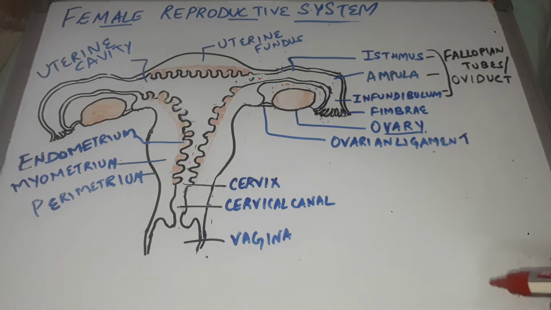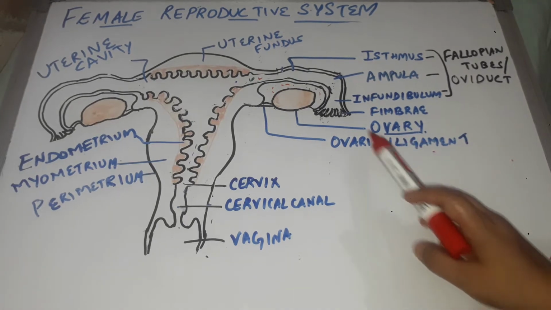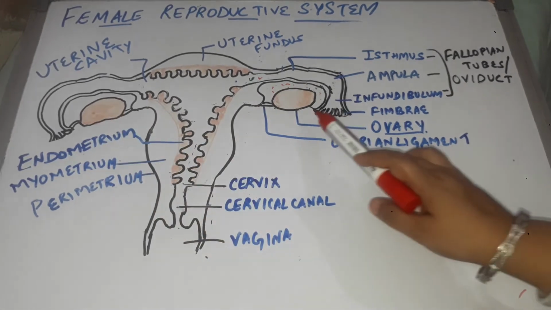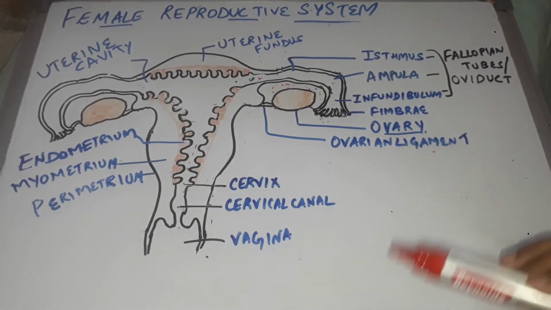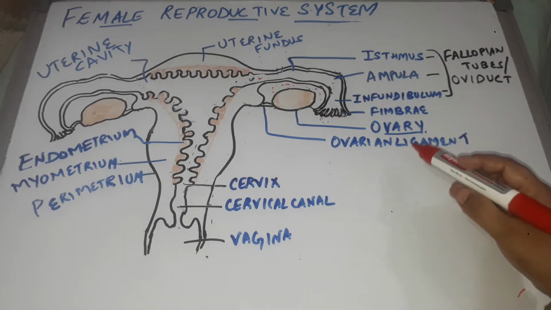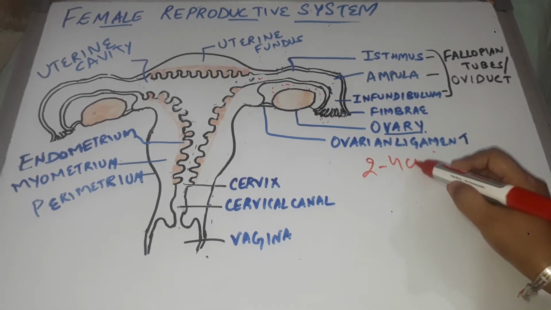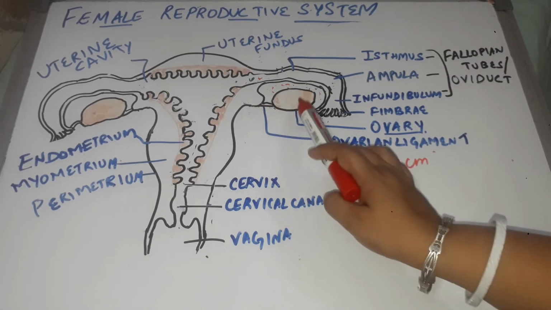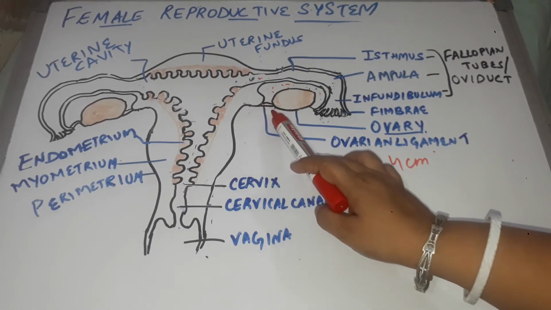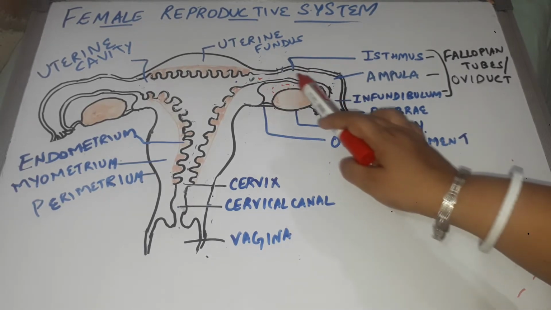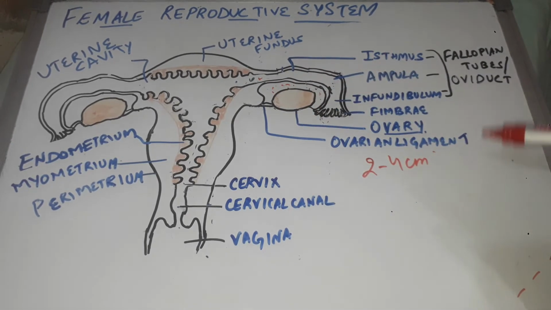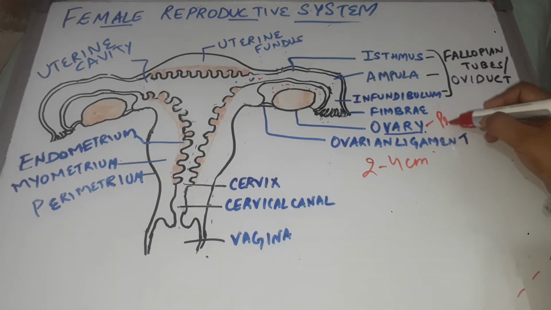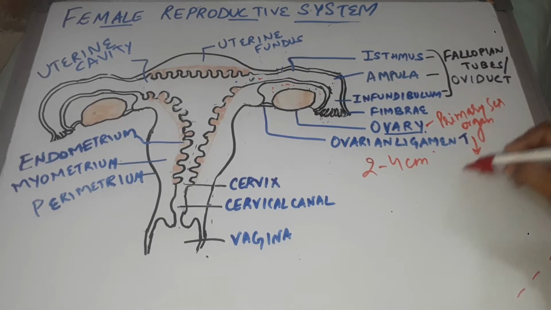Now we will talk about ovaries. Ovaries are paired structures. Here you can see two ovaries which are located in the pelvic region of the females. Each ovary is about 2 to 4 centimeter long, and it appears like an unshelled almond, and this is suspended by the ovarian ligament and is attached to the walls of the uterus by this ligament. The broad ligament of the uterus also helps it to do so. The ovary is said to be the primary sex organ because it leads to the production of gametes.